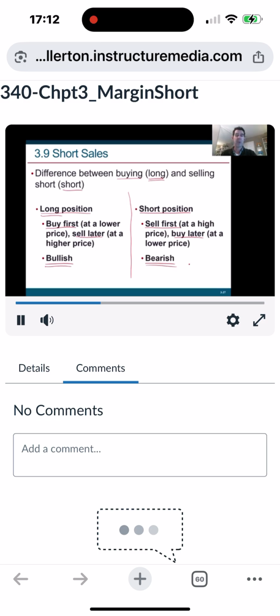Where did these come from? Well, I've read that they come from the way the two animals fight, that a bull will try to flip somebody up with their horns and that a bear will strike down. So anyway, interesting terminology, but very, very common. So try to be familiar with the difference between long and short and what it means to be bullish or bearish on a stock or a bull or a bear market. Bull going up, bear going down.